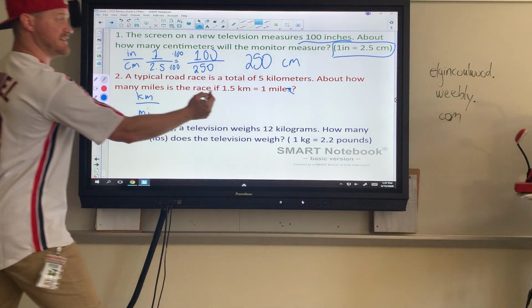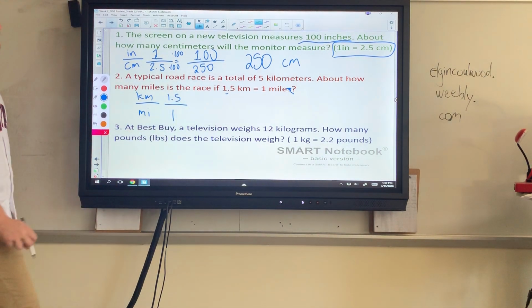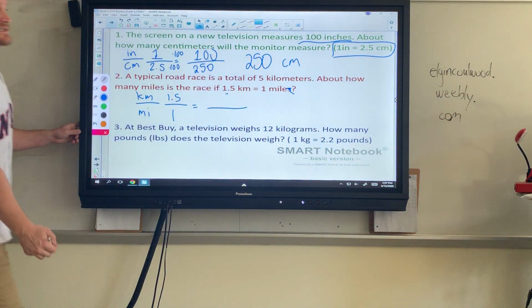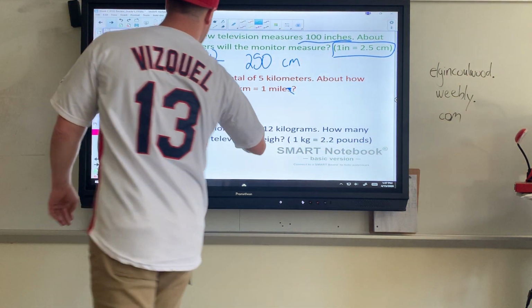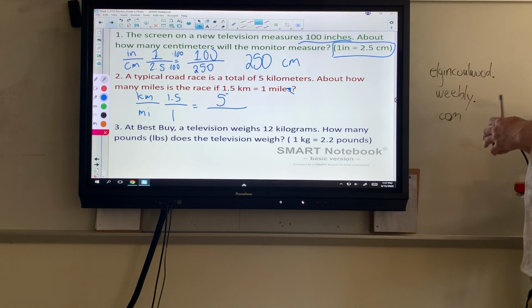How many kilometers are given to us in the ticket? That's 1.5 for every 1. So we know that there's always going to be more kilometers than miles. In the problem, it gives us how many kilometers there are. This one's probably going to require a calculator because I don't know how many times 1.5 goes into 5, so